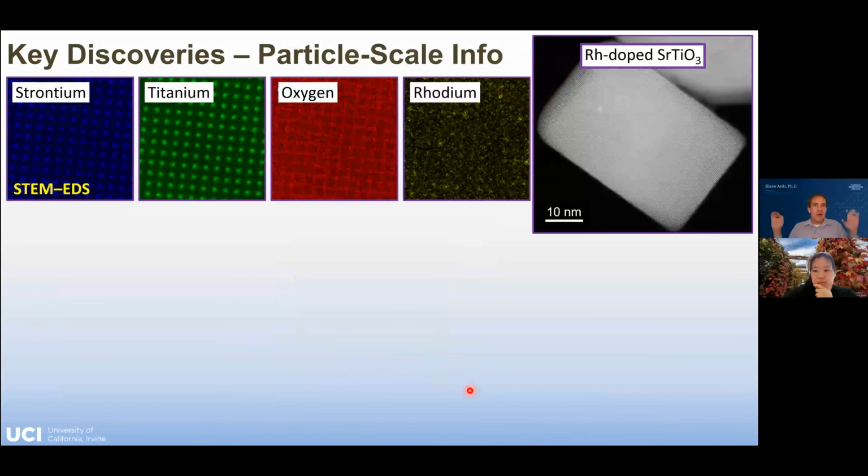I'll show you some pictures now. We're working with Xiaoxing Pan, who's at UC Irvine in the physics department in material science and engineering, to actually map out atoms in our nanocrystals. We're trying to understand why these don't work efficiently. And so to do that, we're taking high resolution images. This scale bar here is about 1/10,000th smaller than a human hair. So these are very tiny pictures of our nanocrystals. We, along with his group, can use high resolution techniques to actually measure single atoms in the lattice and find where the dopants are. And we have really interesting observations from these that are helping us paint a picture